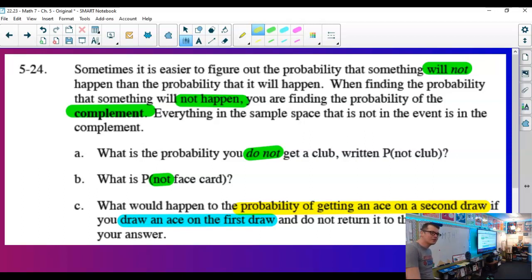Destiny, what are the critical words up here? What are the critical words in this problem? Yeah, the nots, right? The do not get a club, do not get a face card. Now, guys, I would like you to get a highlighter out of your bin because I need to be more specific about requesting you. And on your paper,